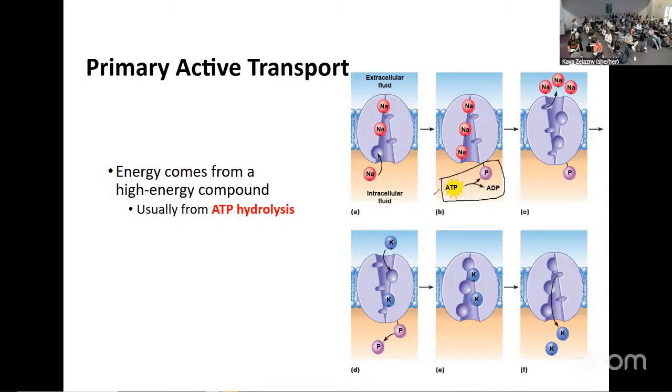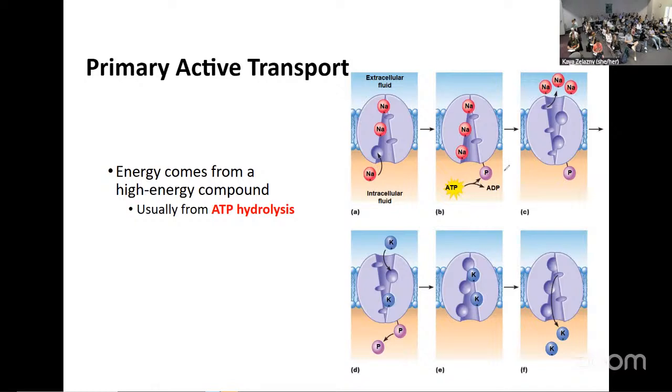Okay. So here you see what happens after we have that ATP bind in. Right now we have these sodium out in the extracellular fluid. We're going to see that when we focus in on a sodium potassium pump, we're not actually done yet, because to reset, we're going to be pulling potassium back into the cell. But for our purposes, when we're just trying to identify that we have primary active transport happening, we're looking